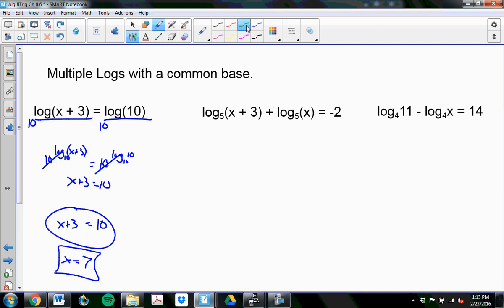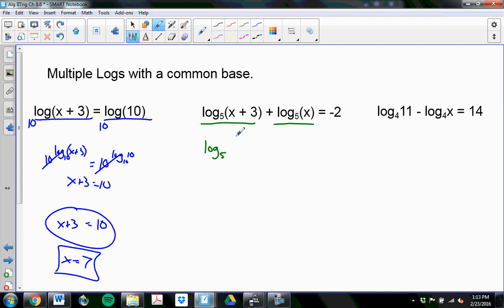But notice how these problems can be different. This has multiple logs, but only on one side of the equation. This is where you need to have your properties of logs. We have log base 5 of x plus 3 plus log base 5 of x equals negative 2. And there's no way that I can cancel these logs or drop these logs or get rid of the bases or anything. But I do know